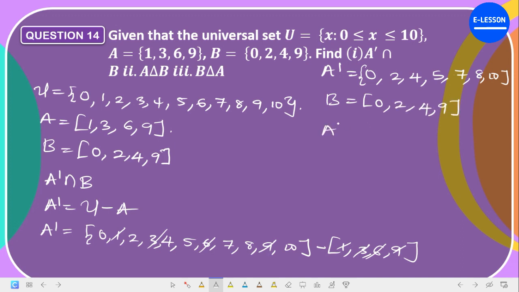Now A prime intersection B means what is common between A prime and B. What is common here? 0 is common, so you take it. 2 is common, so you take it. 4 is common, so you take it. What other thing again? Nothing. So the correct answer is 0, 2, and 4. Now the next question says find A